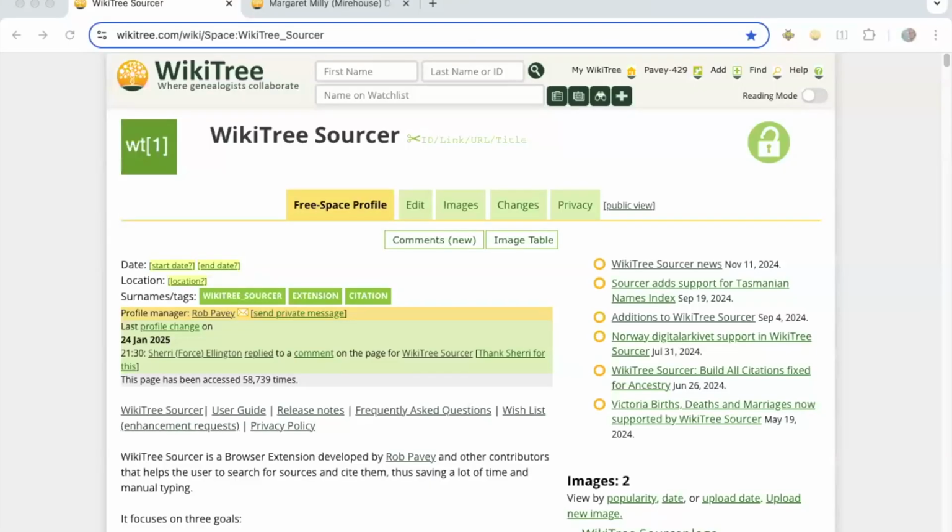Yeah, most of my career I've worked in C++ on video games and things like that. So I had to learn more about JavaScript and HTML and so on. And then after that, I wrote the WikiTree Sourcer extension. So I'll go ahead and share my screen and give you a little demo of that. Okay, so